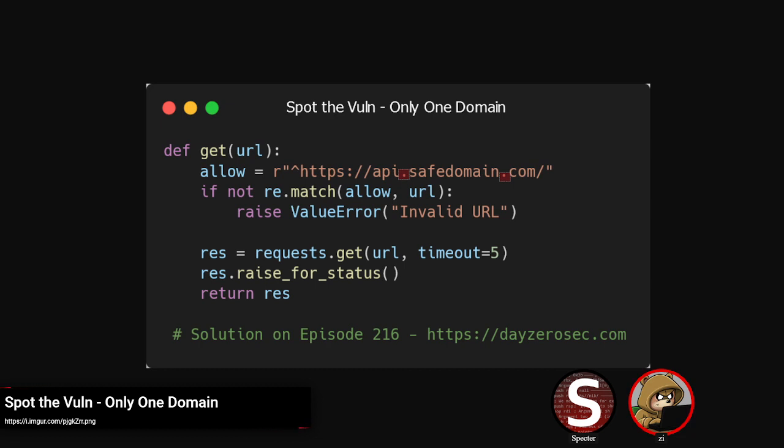Actually, I'm not sure offhand if request is going to follow redirects. It might, in which case you can redirect off where you want. Yeah, I'd have to look into that one. That just came to me, but regardless, the main bypass here is just the wildcard in the regex. It looks like a URL, so oftentimes it doesn't click that there's a problem here, because the periods are correct for a URL. They just need to be escaped so that they're actually treated as literal period characters rather than the wildcard character.